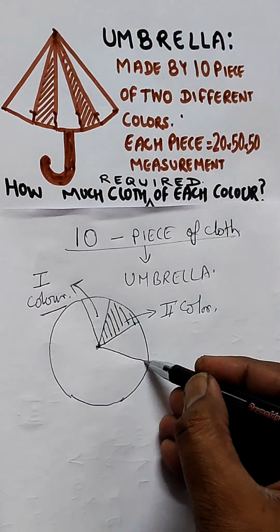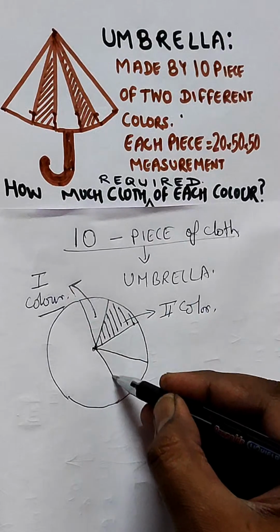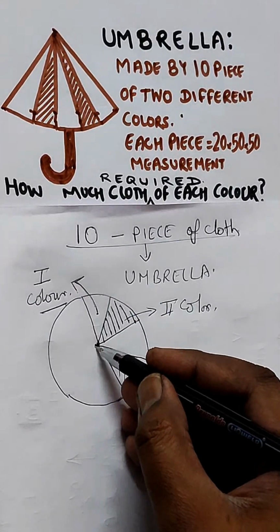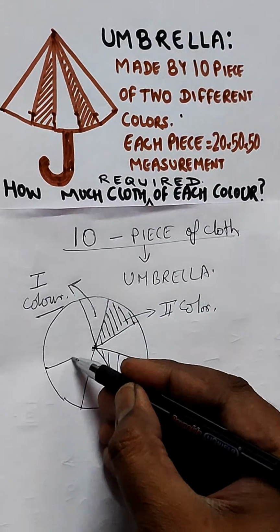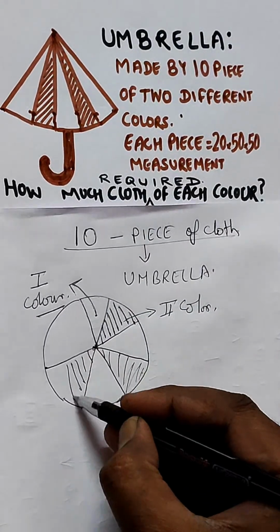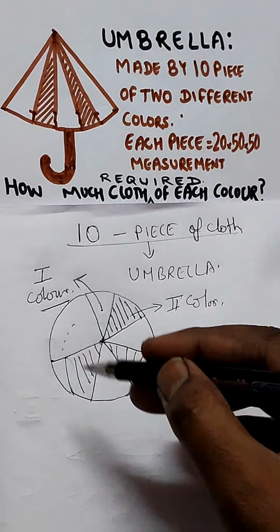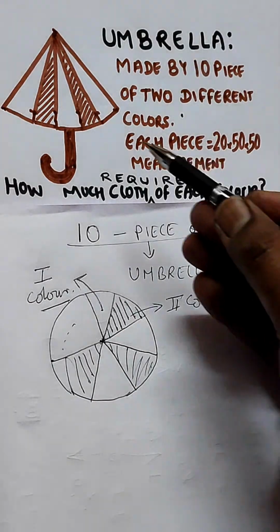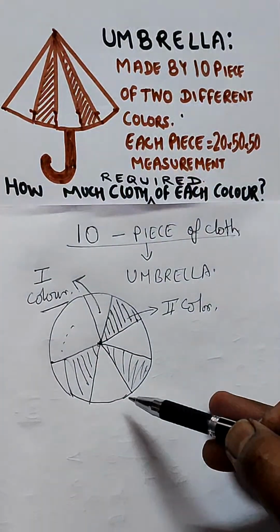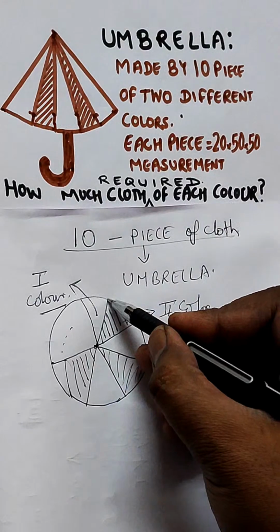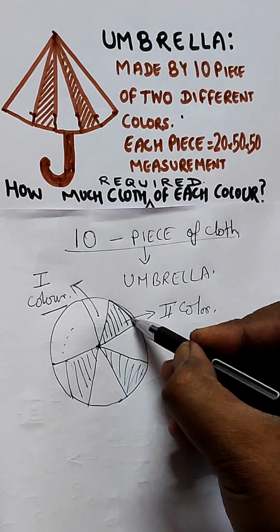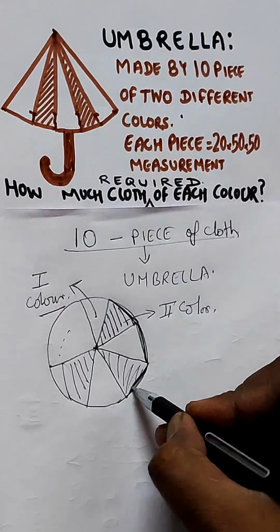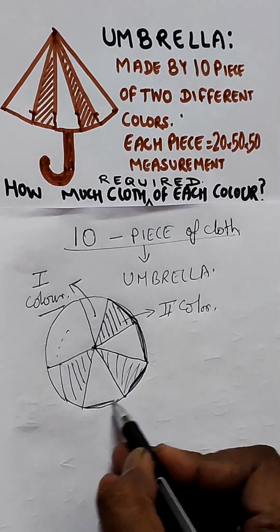Again the third one is blank, the fourth one will be the shaded one. Again a blank, then next one is a shaded one. Like this we have this umbrella's top view, right? So this is the side view and this will be the top view. So this is a triangle. Just consider these sharp edges, like this will be a triangle. All these are triangles,